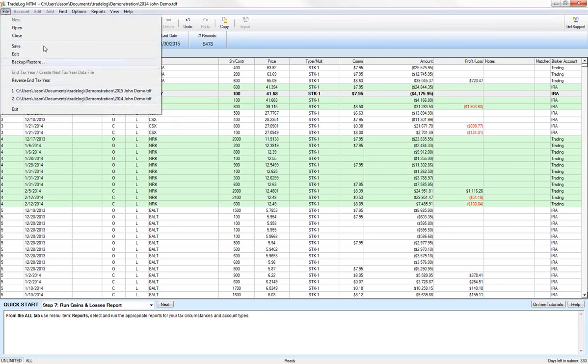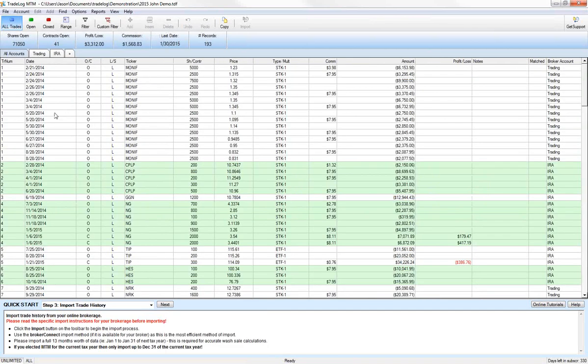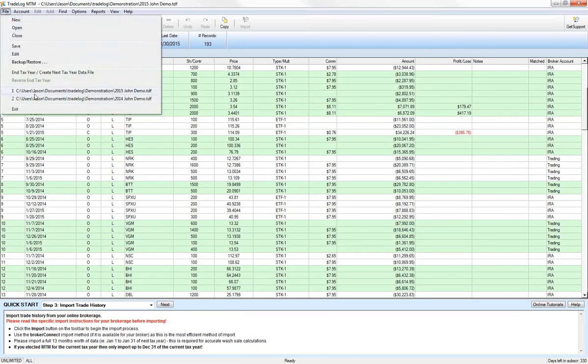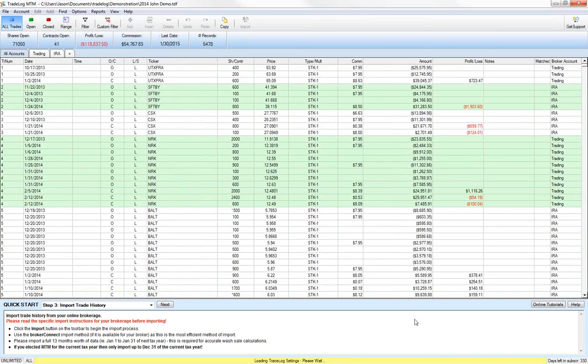that's been created, or you can go to File Open if you can't find it under the File menu. I'll just go ahead and open it up. It's going to have all of the 2015 trades as well as any positions that were carried over to 2015. All that's going to be put in your 2015 file ready for your use next year. Let's go back to the 2014 file, though, because I want to talk next about